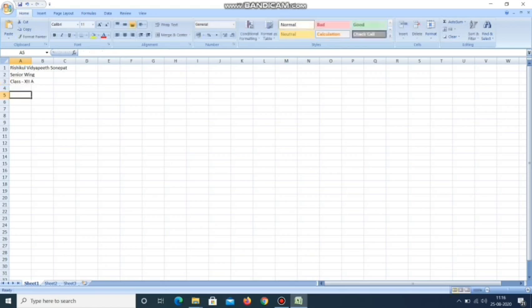So you all know that to prepare the result sheet of a class, I need serial number, name of the student and marks of the students in different subjects.